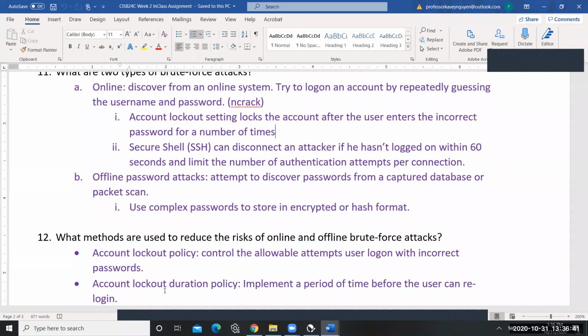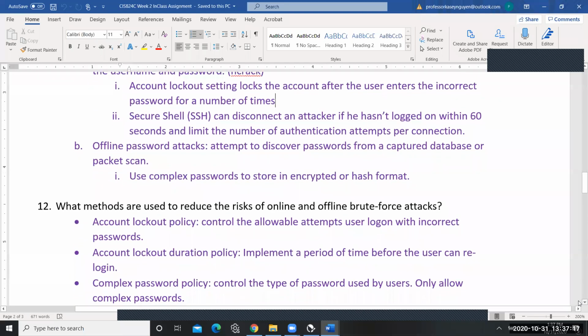It depends on the sensitivity of the data. Now, if you lock them out too long, then they can't work. So it kind of eats up the company's time. So usually, 60 minutes to 90 minutes seems adequate. And then that way it gives you time to go back, even contact the user, and then see if you can reset their account or verify who they are before you reset. So for 12, we want to put down account lockout policy, account lockout duration policy,